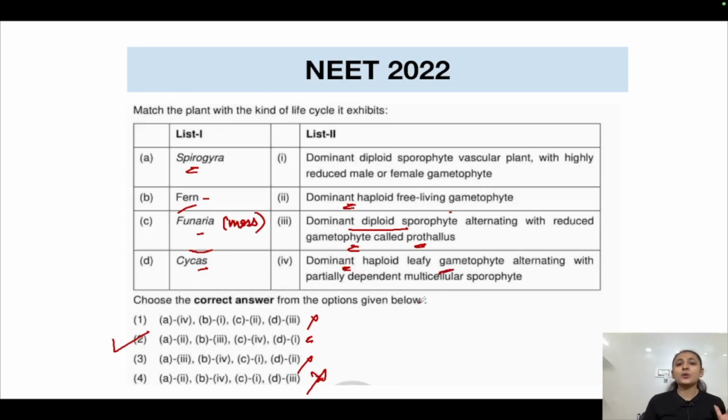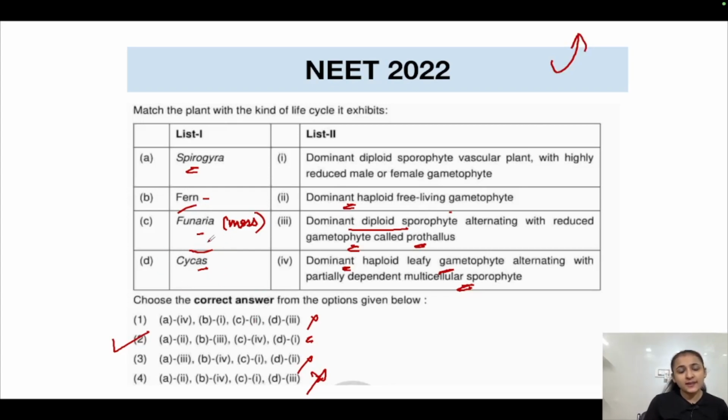देखा था ना, प्राइमरी प्रोटोनेमा, सेकेंडरी प्रोटोनेमा, एंड देन लीफी स्टेज आती है हमारी गेमेटोफाइट्स में मॉसेस के. सो मॉसेस में यानी कि ब्रायोफाइट्स में हमारा डोमिनेंट हैप्लॉइड लीफी गेमेटोफाइट होता है. इट ऑल्टरनेट्स विद पार्शियली डिपेंडेंट मल्टीसेलुलर स्पोरोफाइट. ओके, ब्रायोफाइट्स के बारे में आपको पढ़ना है, सो यू कैन चेक आउट द वीडियो दैट इज अटैच्ड हियर. ऑलराइट,